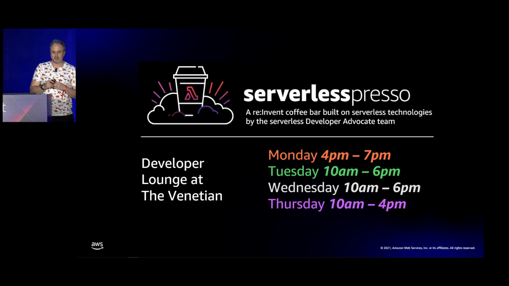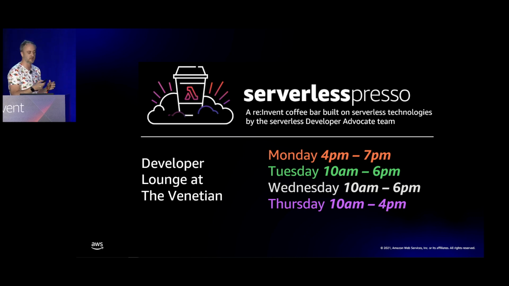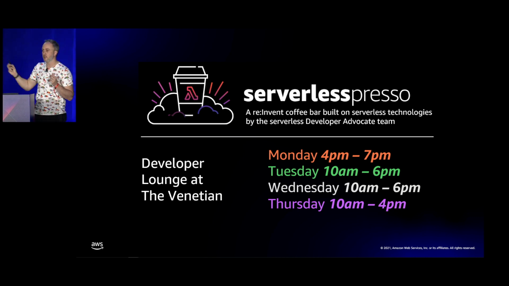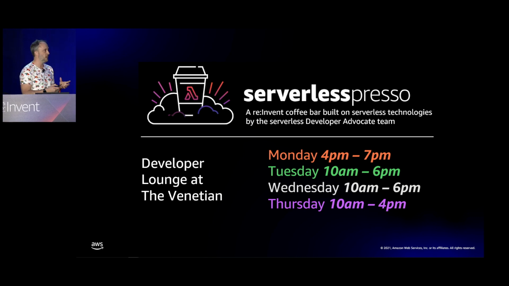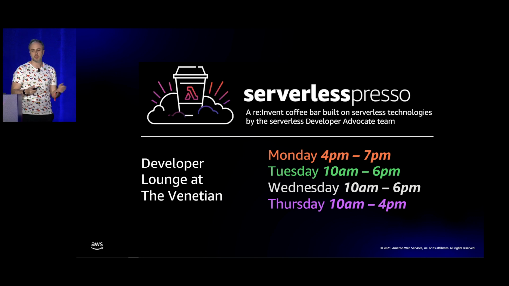Okay, there exists this application called Serverless Espresso. And this is something that myself and the rest of the developer advocate team built especially for reInvent. It's a live coffee bar in the expo hall in the Venetian, where you can go up and order a coffee, and it'll be made by a real barista. And the whole application is built on serverless technologies, and it's open on these hours.